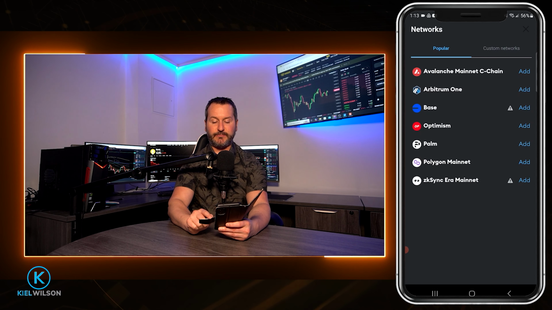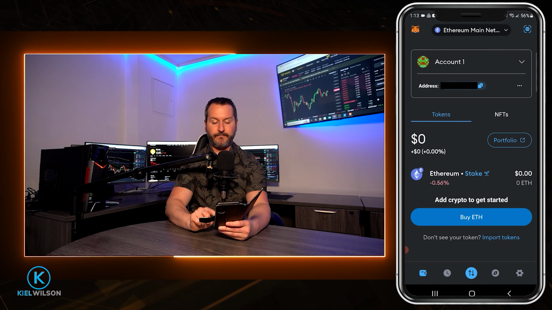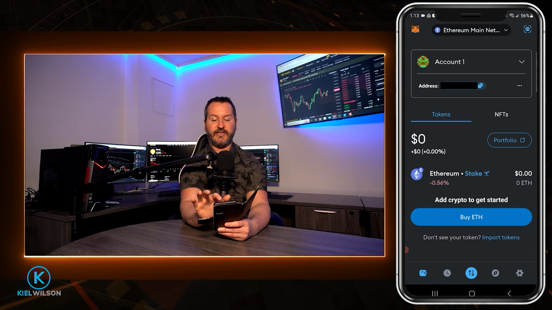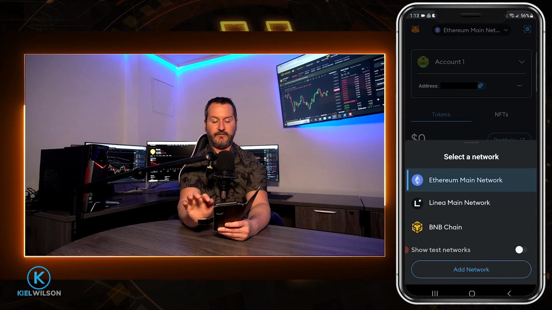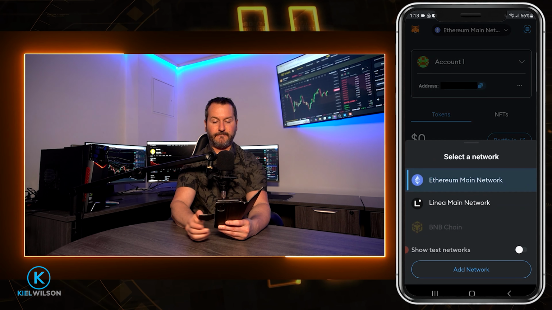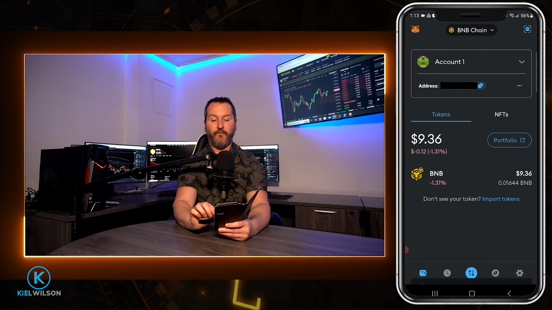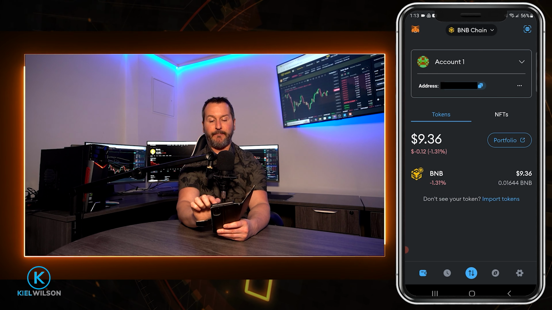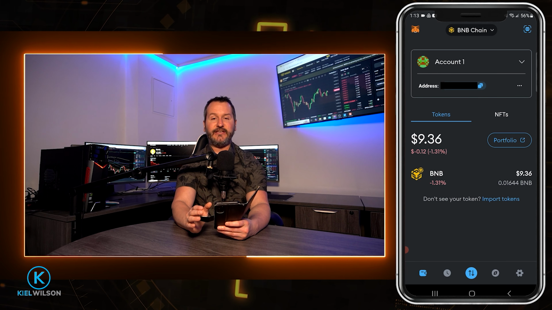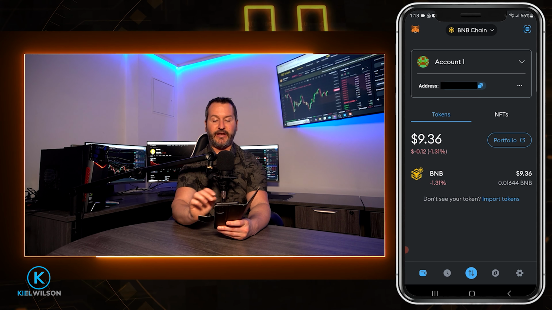I'm going to stick with Binance Smart Chain, so I'm just going to tap on Back. I'm going to come back up here to where it says Ethereum Mainnet, tap on that, and I'm going to tap on BNB chain. Now I've switched my Metamask wallet over to the Binance Smart Chain, and you can see that up at the top there. So the next thing I need to do is add the Tether token to the Binance Smart Chain